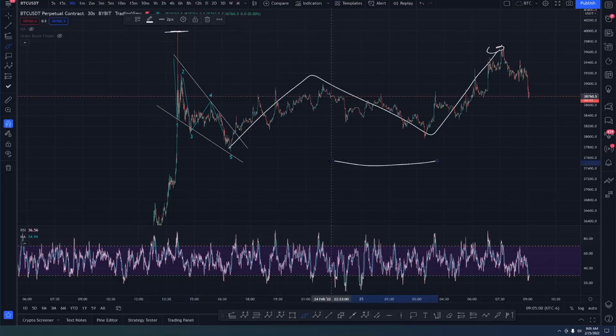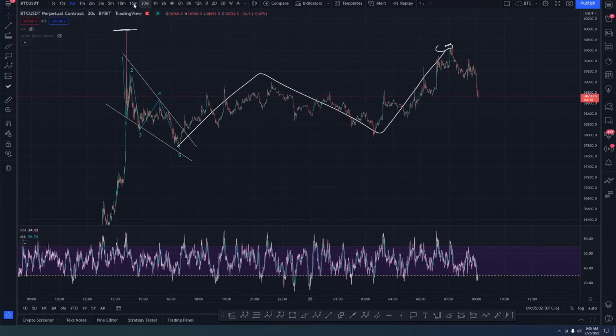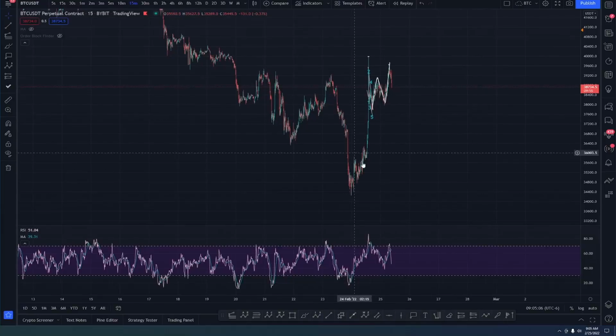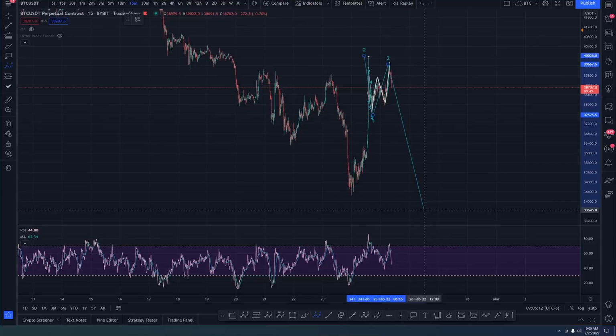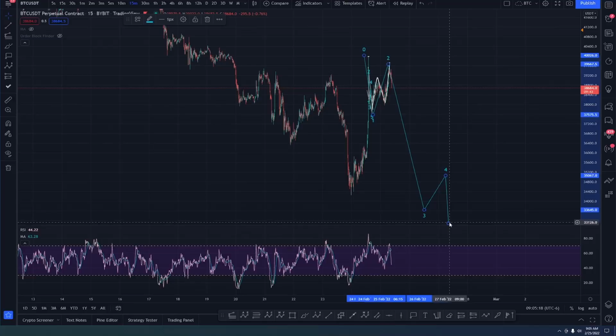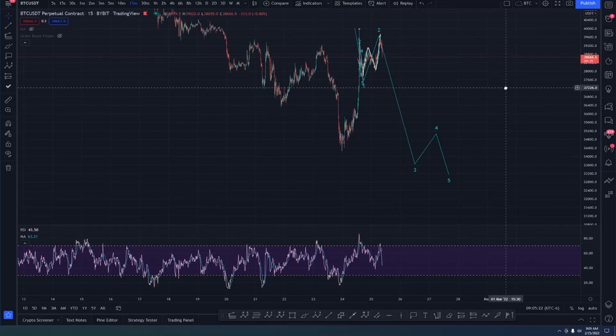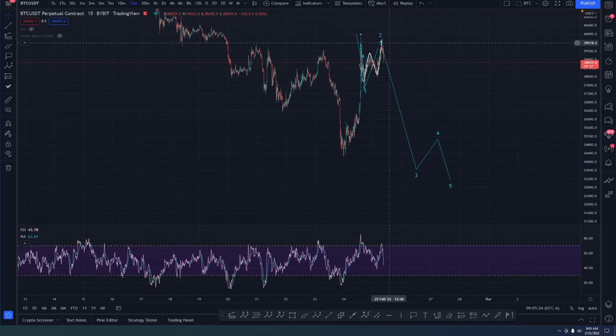Okay. However, if this is a 1-2, let me zoom back out just a hair. There we go. This would be 3 waves. This would be a 1, 2. How would we be counting that? Ultimately, we'd be going 1, 2, looking for 3, 4, 5, looking for a really dumpy wave here. And guys, we're coming down from where we are, potentially. Okay, so that is the implication, guys, of what's going on in the chart right now if this is 3 waves.